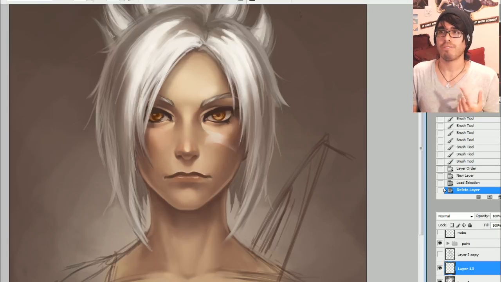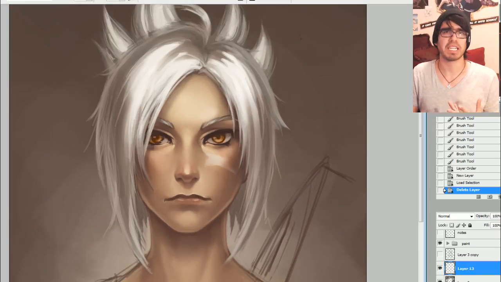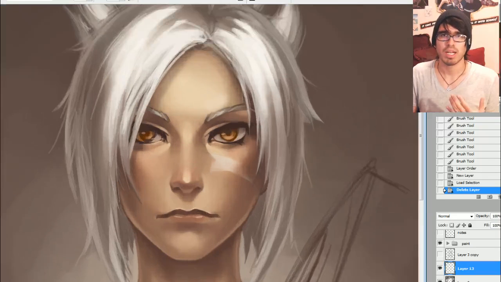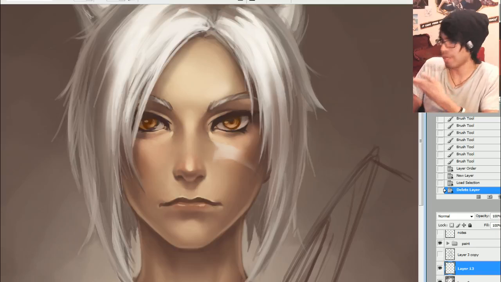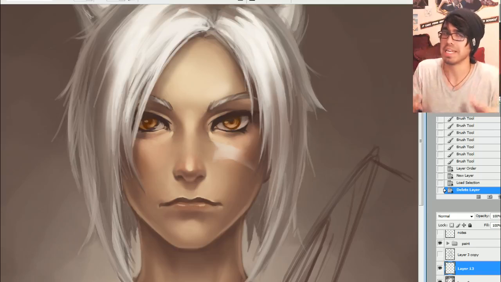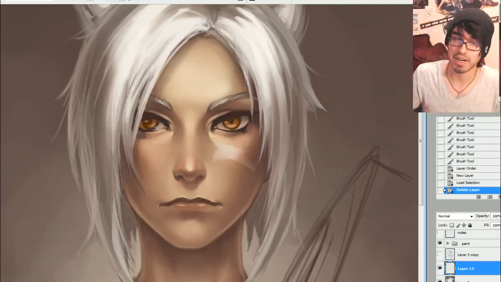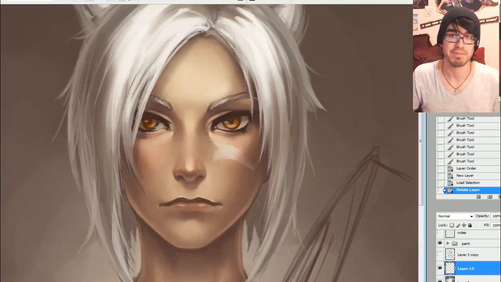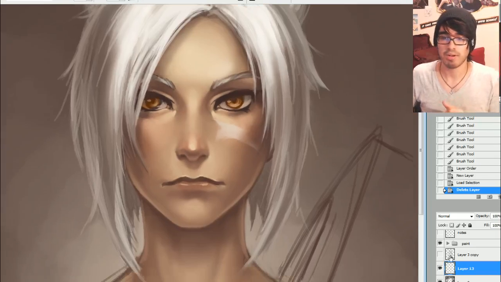Okay, so the first thing I'm going to be talking about today, guys, is just a couple techniques that really help me to kind of draw a face, right? Like coming up with a character's face, making it appear unique, and just a couple things that you guys can take and apply to your characters and draw something very similar to this. All right, so the first thing I want to talk about is